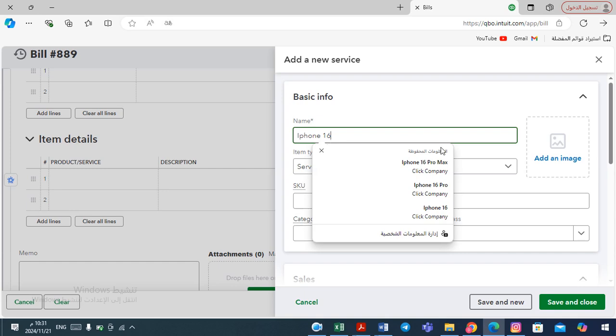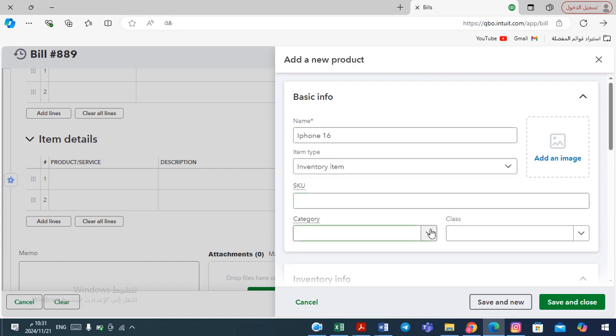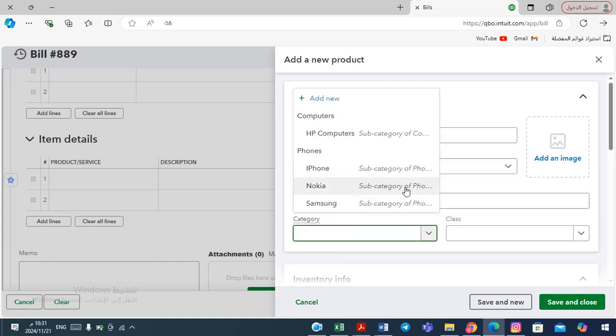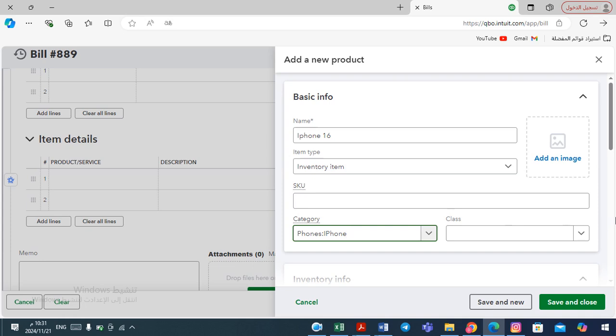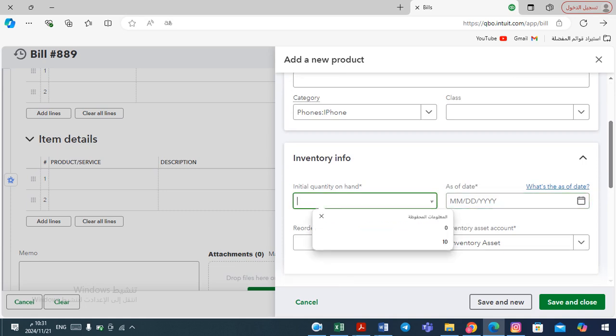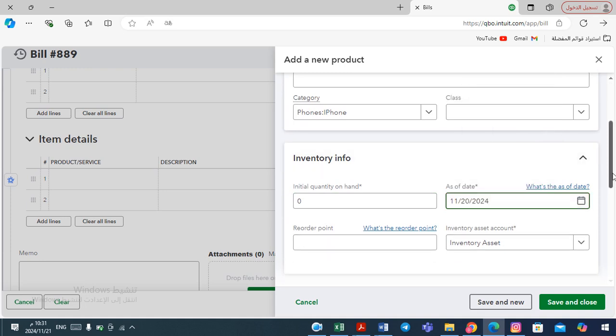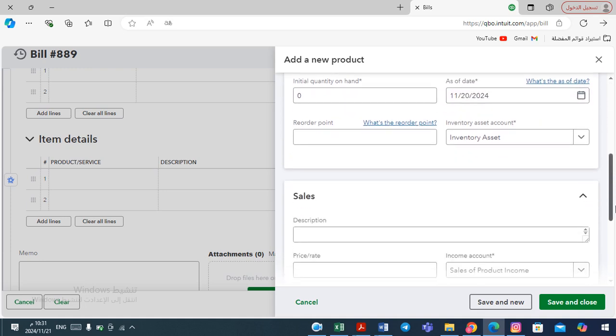I think it's easy now. And service and inventory item, a category, I think we made categories before. iPhone, I think here we have to choose iPhone to be under the iPhone category, and also here 0, and we can choose yesterday's date. After that,